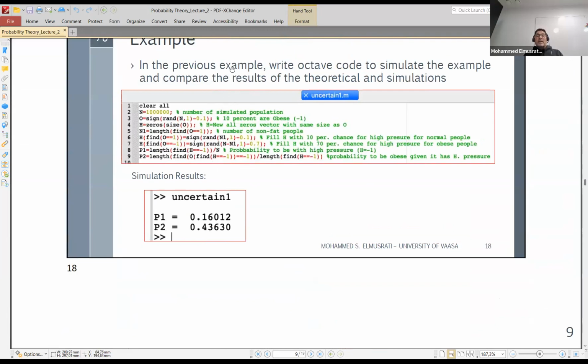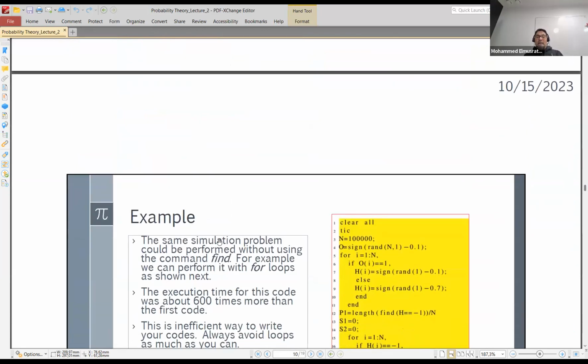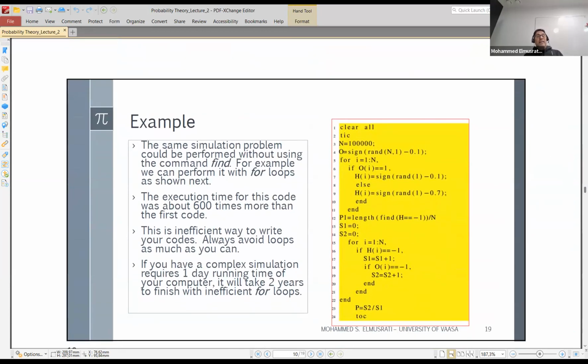But here I avoided using for loops, and here I used the basic way to generate it with the for loop. So try also to update your skills when you write code, especially if in the future, when you start doing your master thesis or your PhD thesis, in many situations you will have